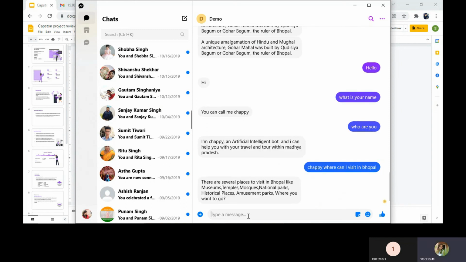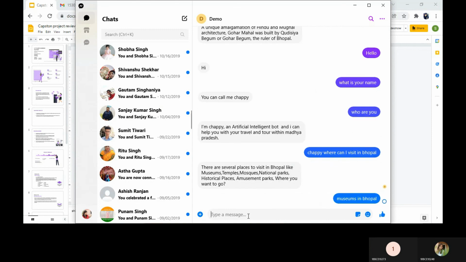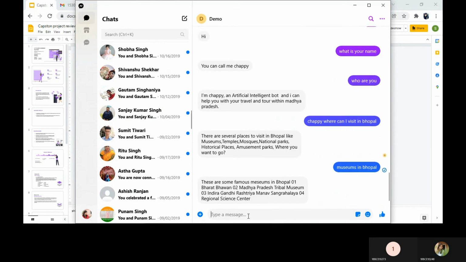Okay, so there are different places like museums, temples, national parks. If I want to visit museums in Bhopal, okay, so there are different museums in Bhopal. Then if I want to visit Bharat Bhavan, tell me about the Bharat Bhavan.